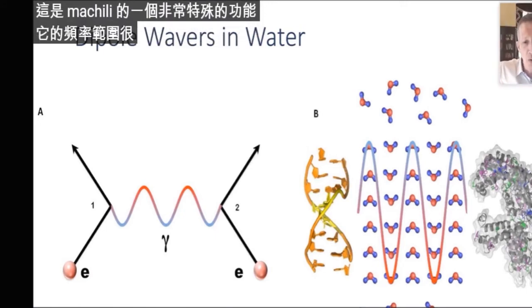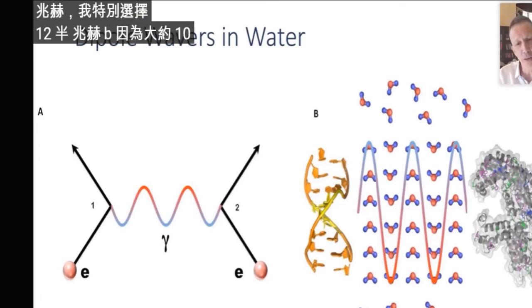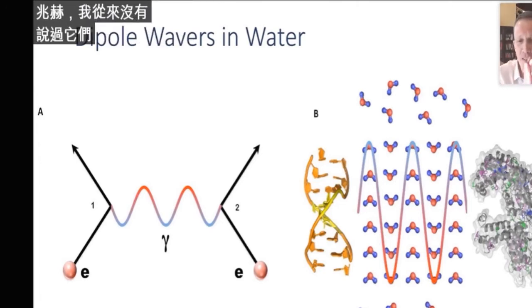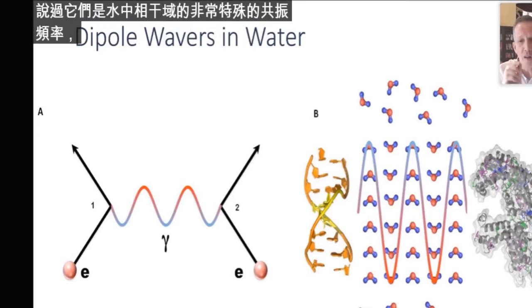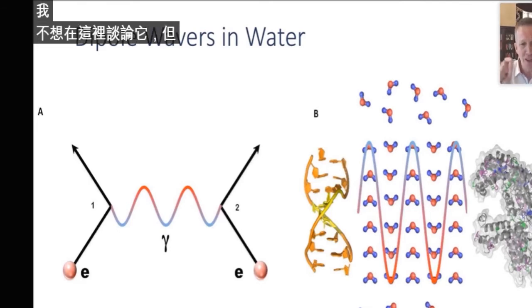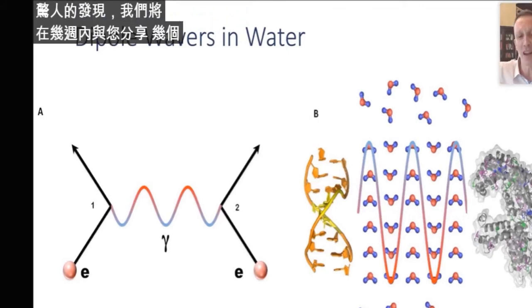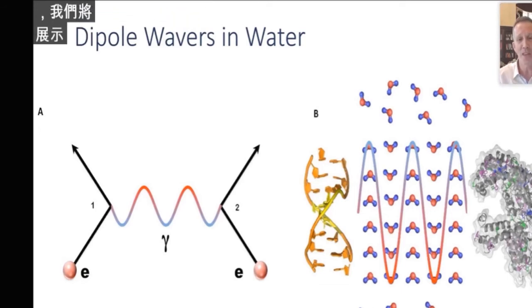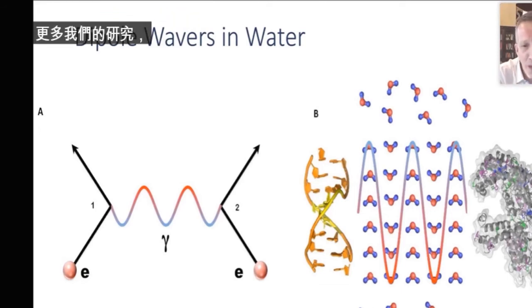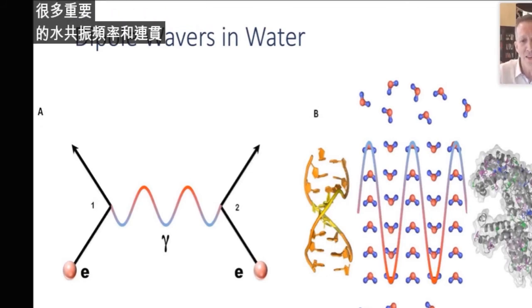It's a broad range of frequencies up to 12.5 megahertz. And I choose especially 12.5 megahertz because around 10 megahertz, and this I have never spoken about, there are very special resonance frequencies of coherent domains within water. I don't want to talk here about it, but we made amazing discoveries, which we will share with you in a few weeks, in a few months, where we will present much more of our research. But here within this long range, there are a lot of important resonance frequencies of the water and the coherent